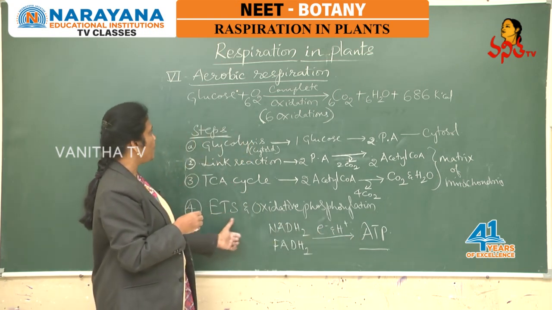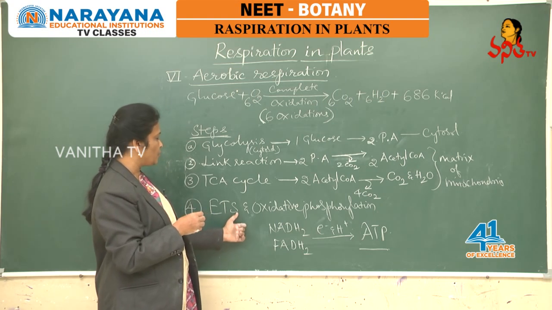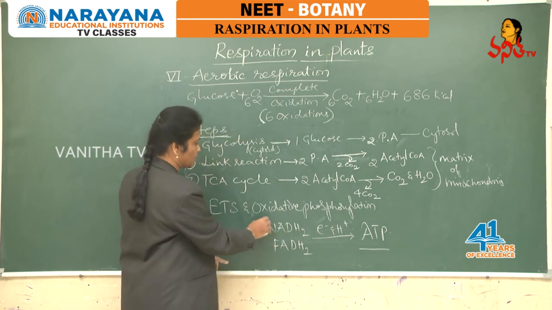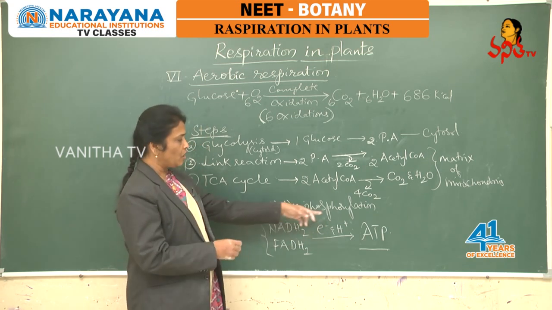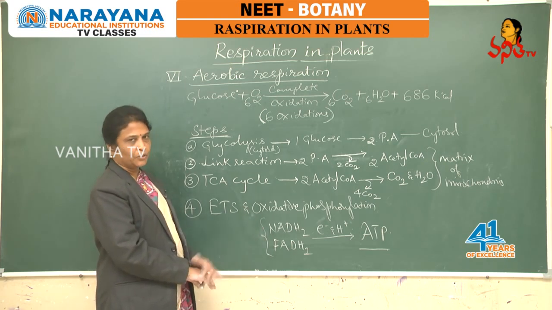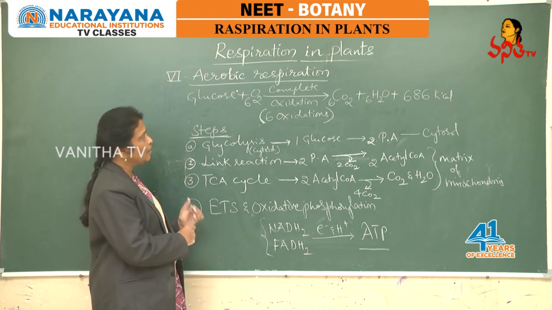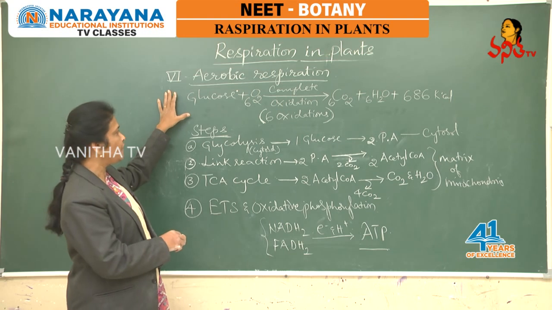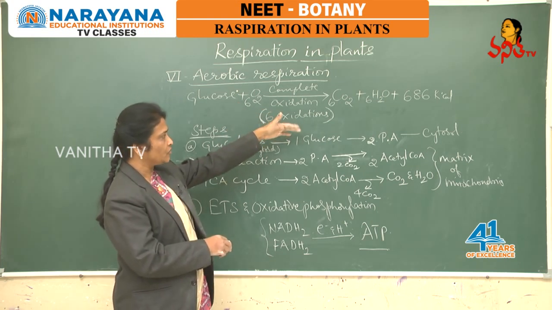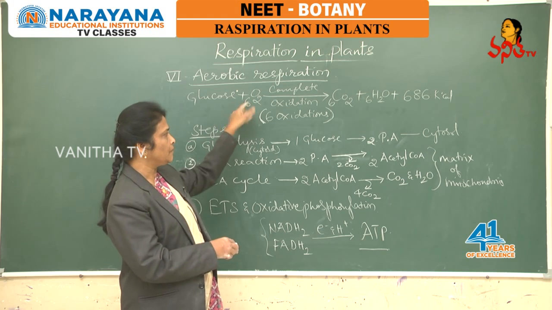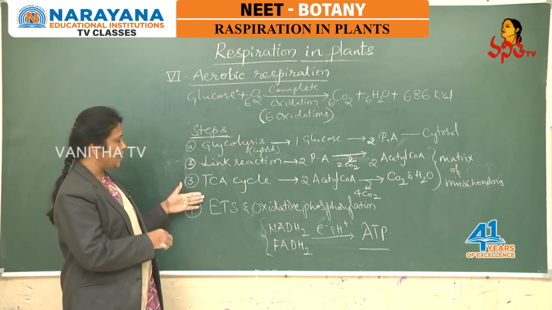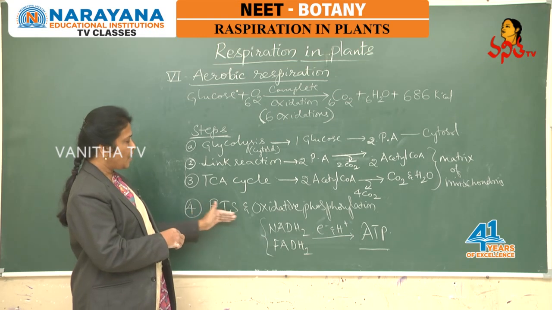For that, the last step of aerobic respiration takes place, that is the electron transport mechanism and oxidative phosphorylation. Oxidation of these reduced coenzymes liberates electrons and protons, which are involved in the synthesis of ATP. Based on Peter Mitchell's chemiosmosis, we already know how electron transport causes ATP synthesis. So like that we followed aerobic respiration in brief, and how a glucose molecule undergoes complete breakdown or complete oxidation with 6 oxidation steps in the presence of and by utilizing oxygen and liberates the total amount of energy. The steps involved are glycolysis, link reaction, TCA cycle, that is Krebs cycle, and the electron transport system